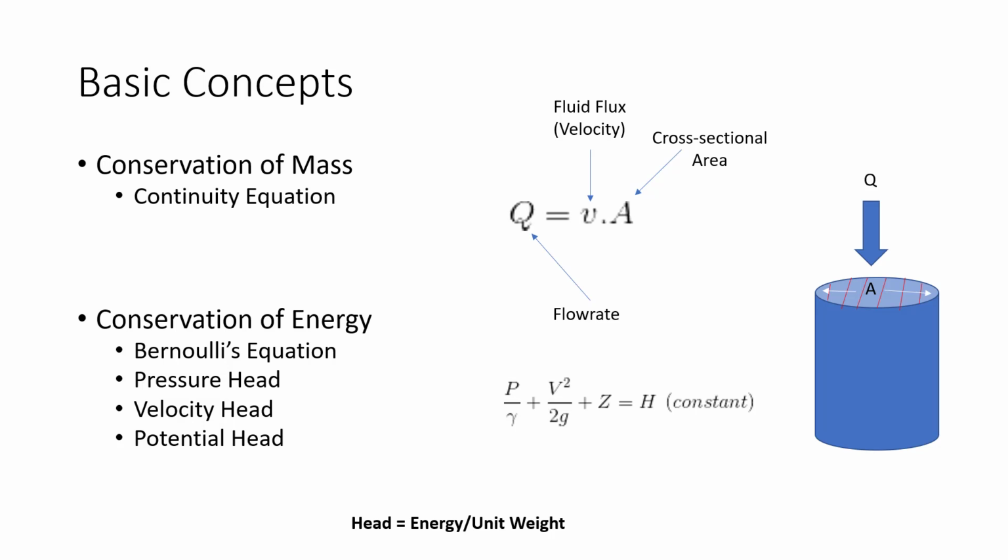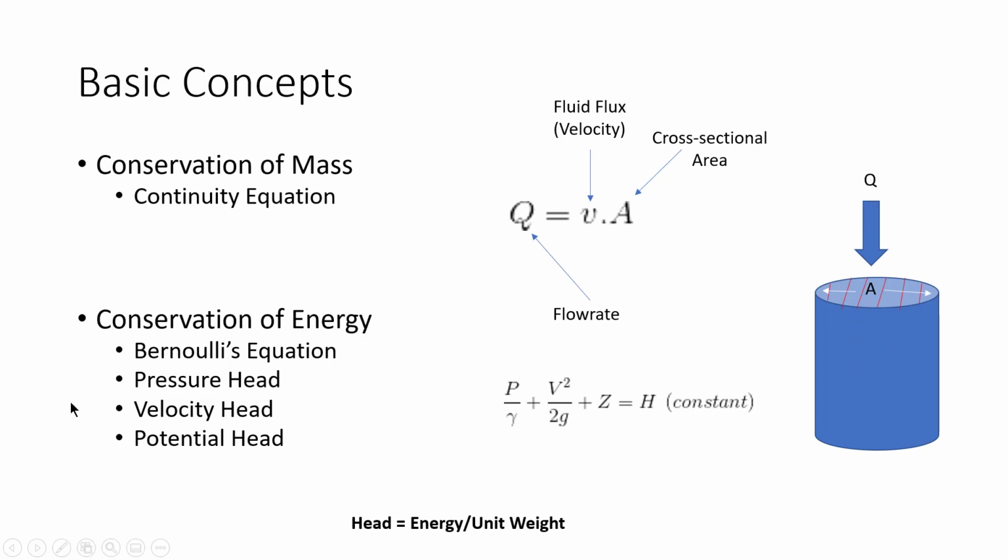To measure flow, we often make use of several indirect methods. These make use of conservation of mass, which is the continuity equation, as well as the conservation of energy, which is Bernoulli's equation. Remember from your fluids class that the flow rate is the fluid flux times the cross-sectional area. For a pipe that's flowing full, the fluid flux is the same as the velocity, so Q is equal to A times V, and that area is measured normal to the direction of flow,